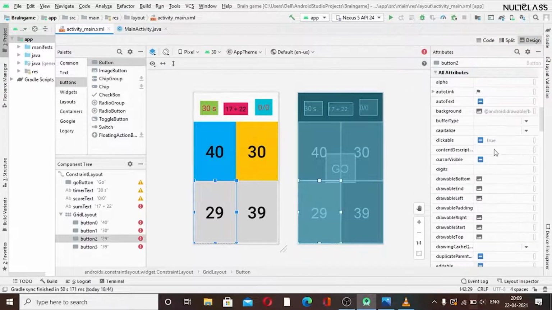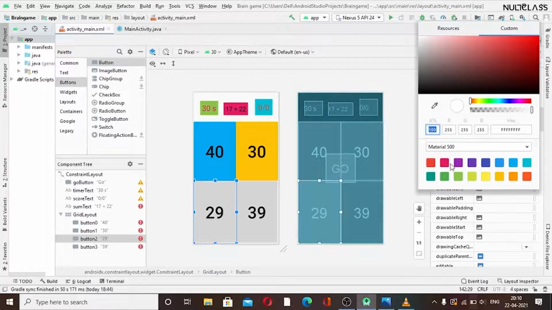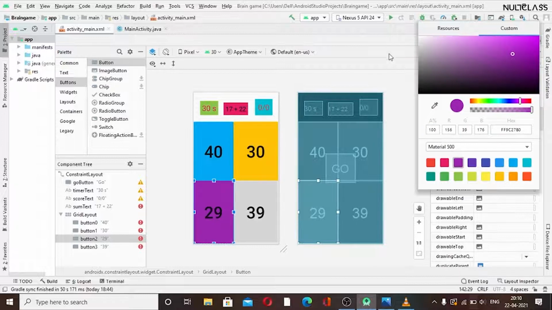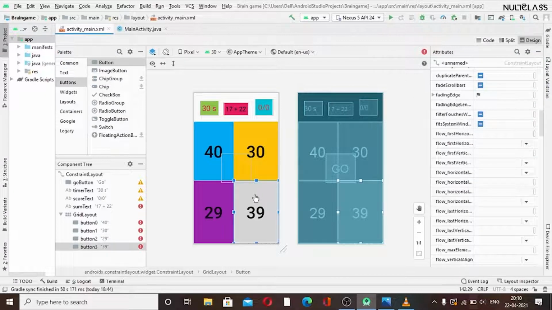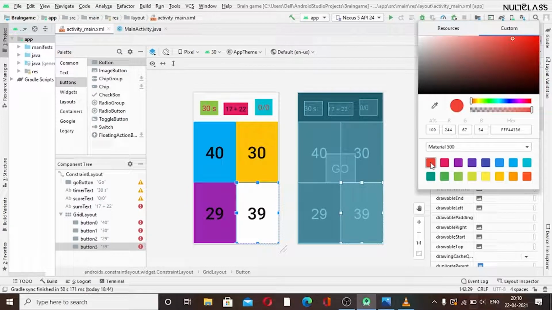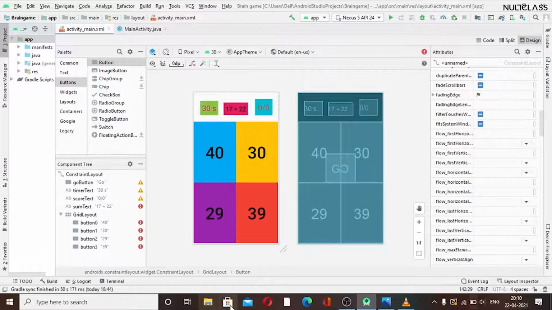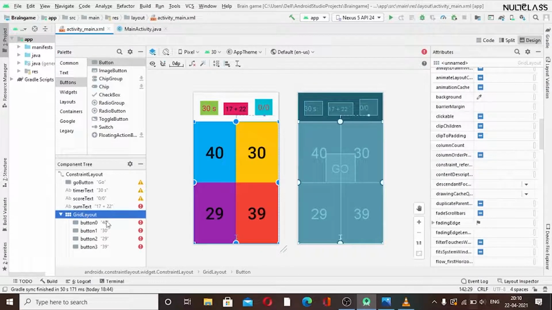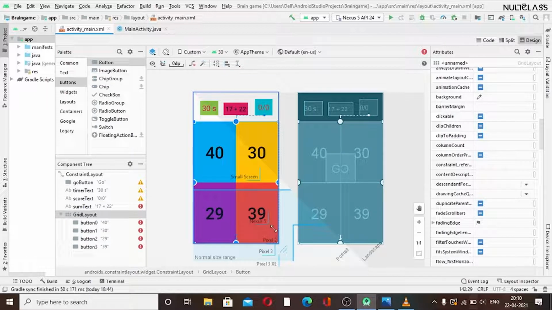Okay, so for this, let us try this. This looks fine. And for the 39, we will be setting the color to, I think we haven't used red here. Okay, so this looks good. Our visual side looks colorful. So we will just select our grid layout and we'll decrease its size. So why we are decreasing is as we want our text view to be shown.